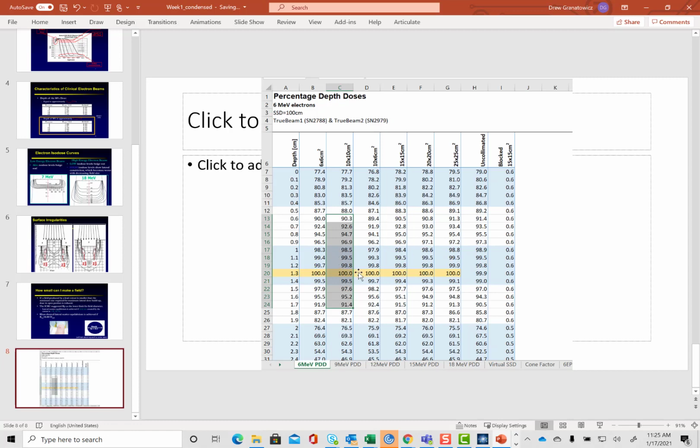So again, if I want to treat a target that spans from 7 millimeters to 16 millimeters, 6 MeV prescribed to 90% is going to be good, because if I'm prescribing to 90%, the range of my prescription dose will go from 6 millimeters to 1.7 millimeters. So you can look at stuff like that to help you determine what energy you need to use and what isodose line you need to prescribe to,